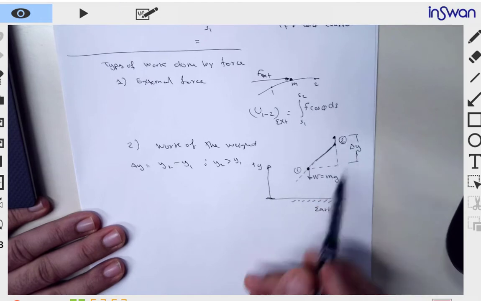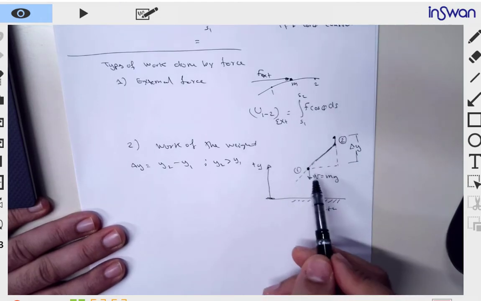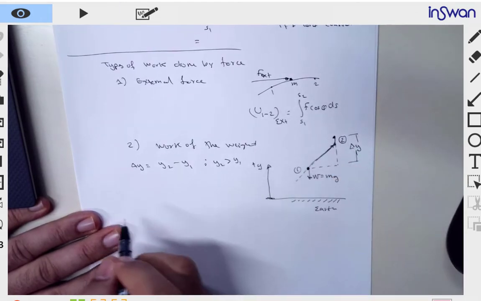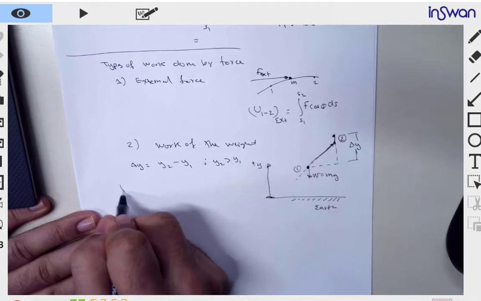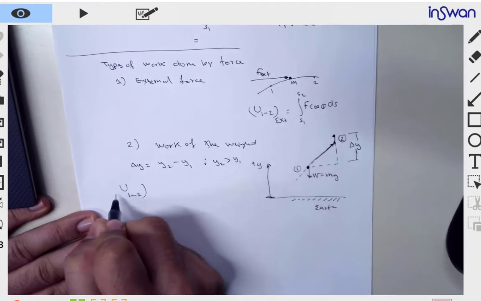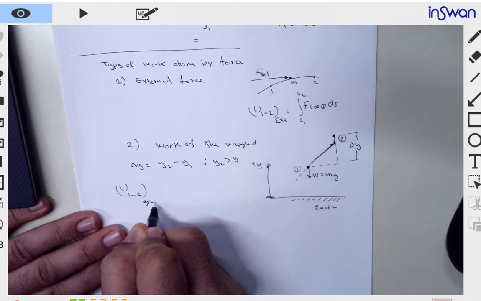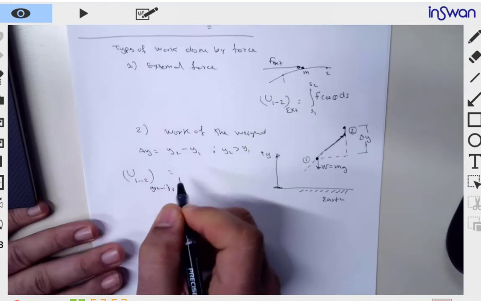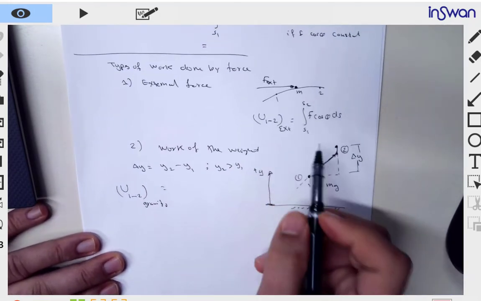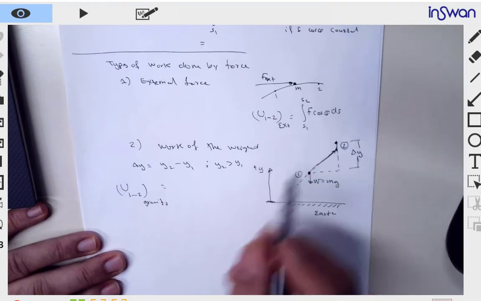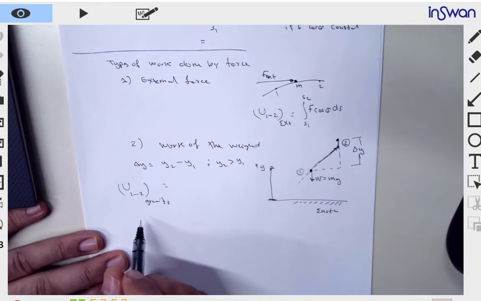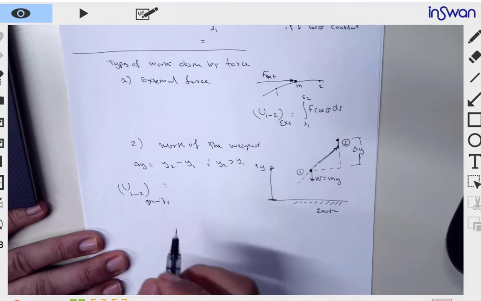So delta y is, let's say it's moved from 1 to 2. So then the work of the gravity, which I can use the same, because we can say, okay, this is external force, so we can use that, is equal to this formula,